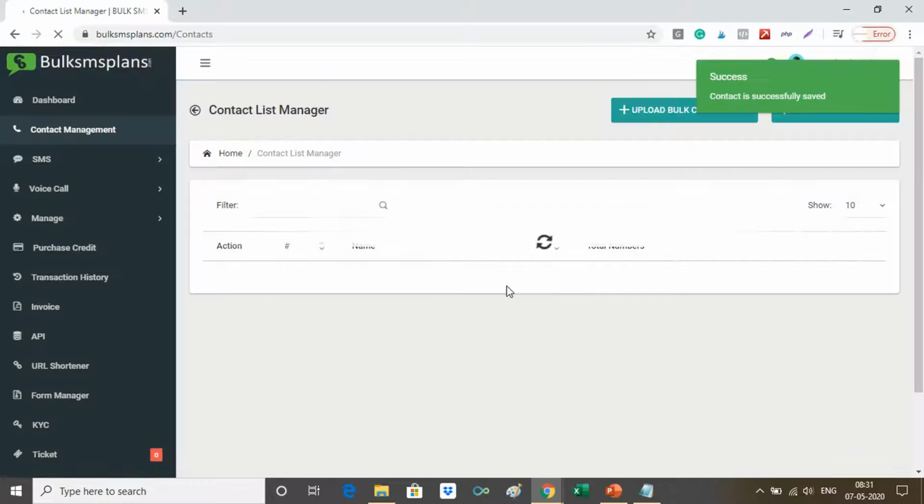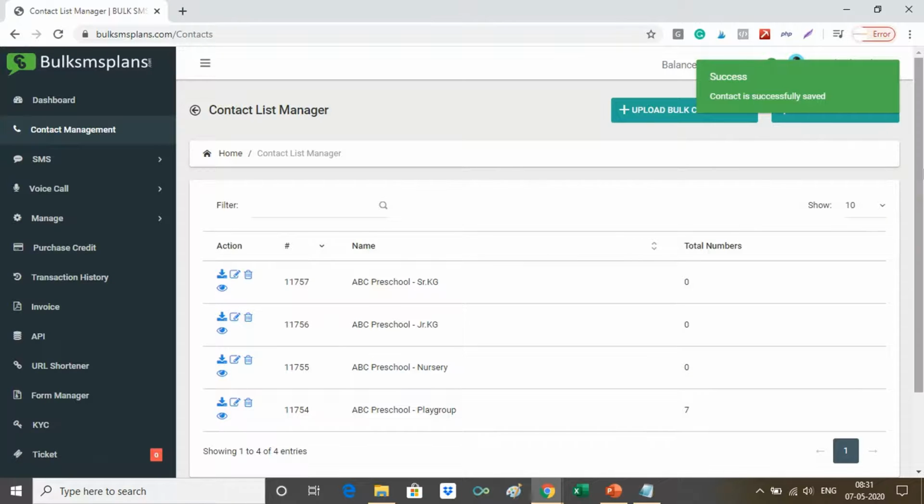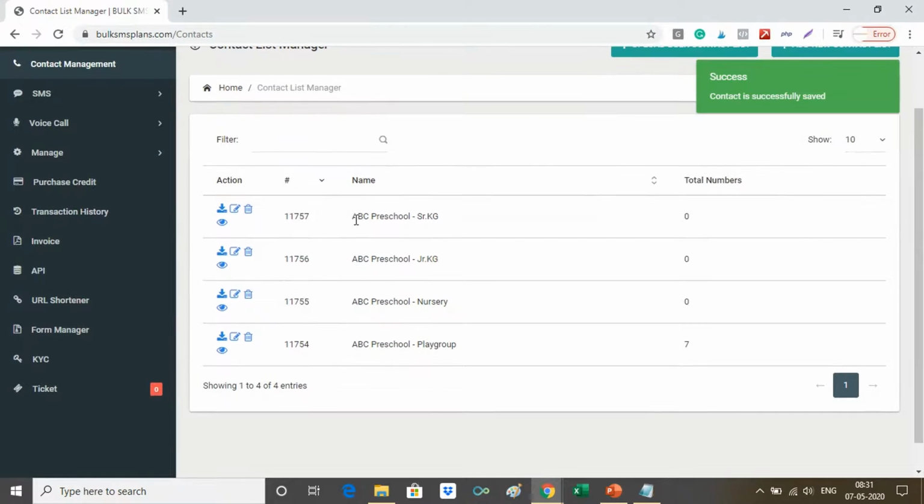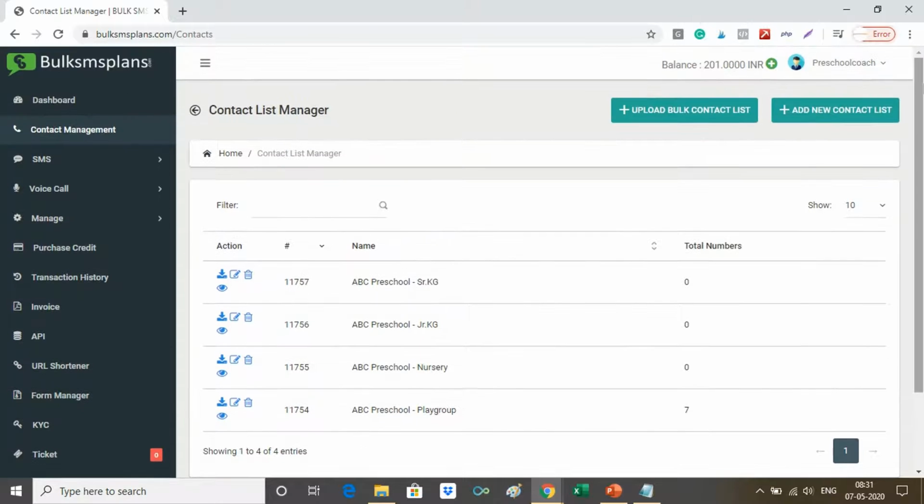Once you've created this, respectively create Excel sheets for each class along with the mobile number, parent's name and child's name, and start uploading. Once you are ready with these 4 contact lists, or whatever number of contact lists you want to create, it is now time to start sending messages.